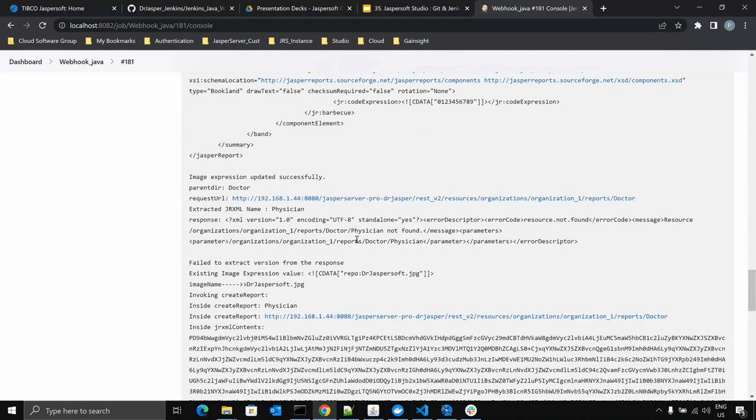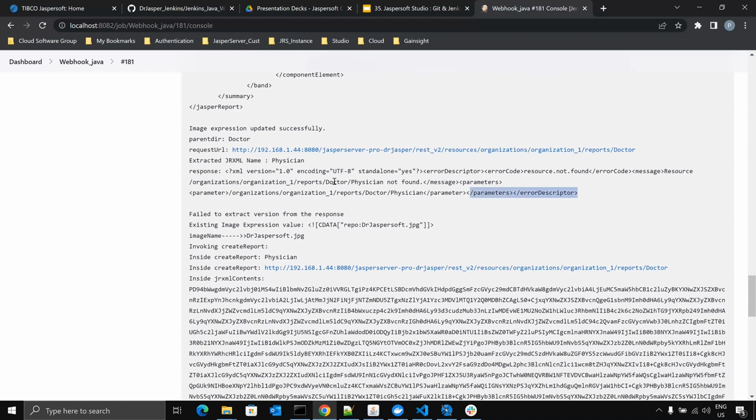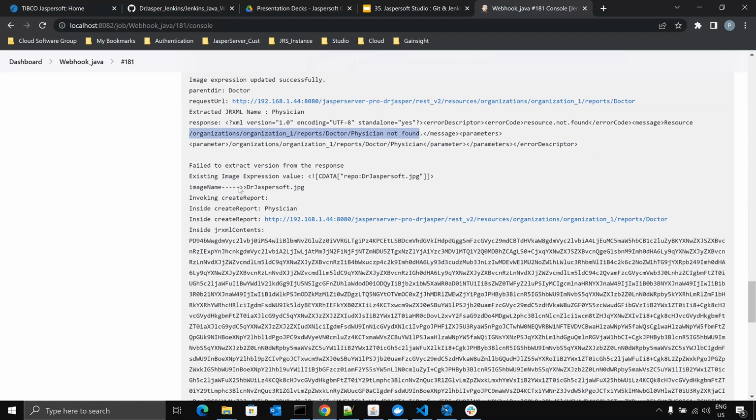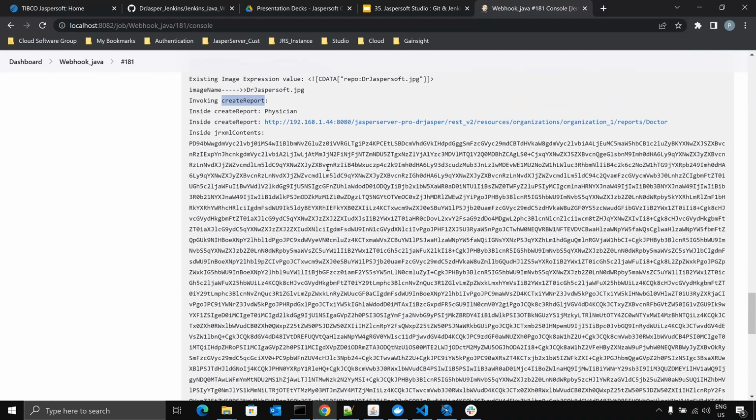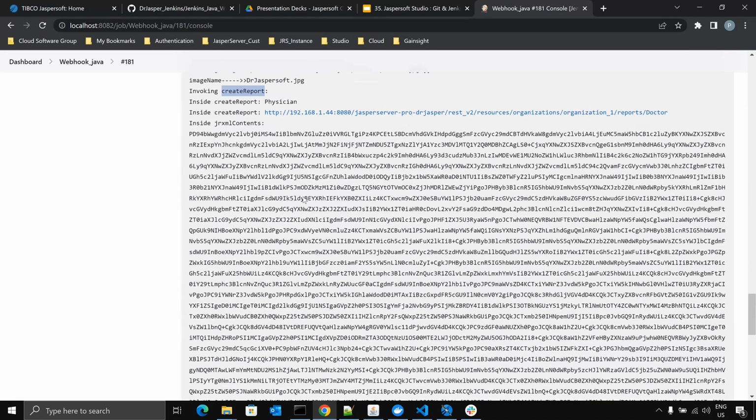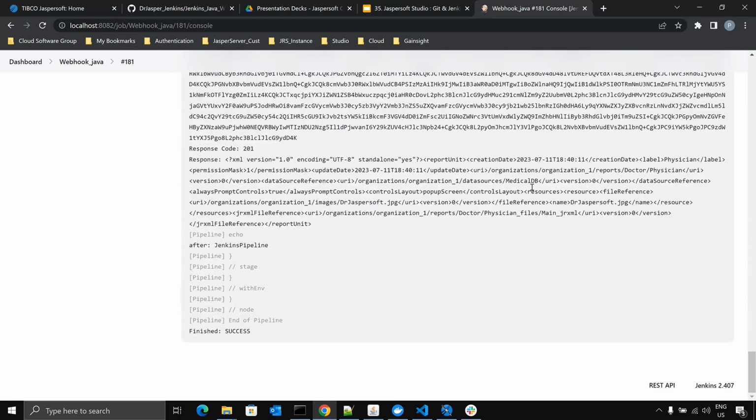And yeah, we are checking whether the report is also there. Like this is the second part. So we got an error saying that this particular report doesn't exist, which is correct as well. So we will invoke a create report API call, and this is a base64 encoded version of the XML. And if you scroll further down, yeah, we can see that the report got generated,